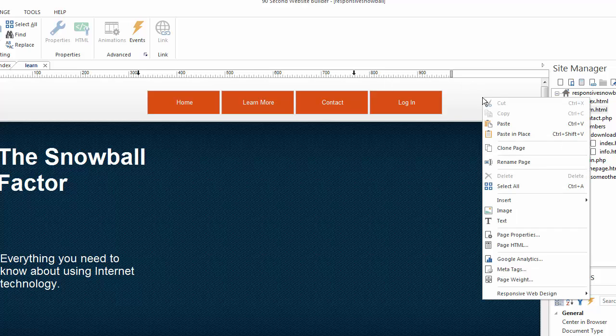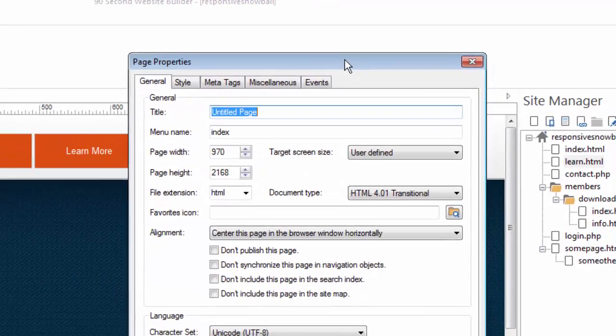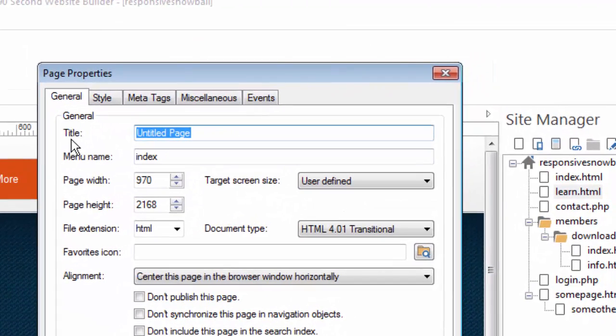I'm going to right click on this page and bring up the page properties and show you something that's true for every page in 90-Second Website Builder. Remember, we have a title. That's what we'll show in the browser, and we're going to want to change this to something more sensible than untitled page. It also has a file name, which is over here. This is the learn.html page, but you'll also notice it has